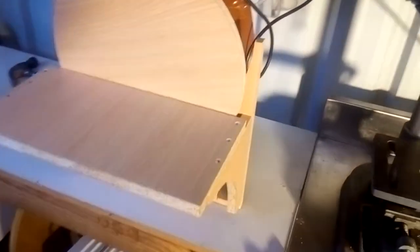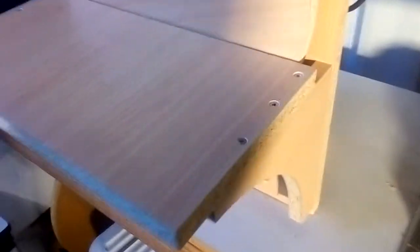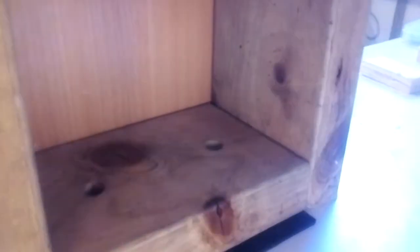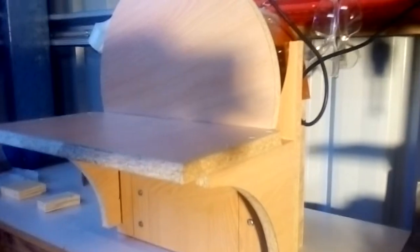I've actually mounted it to the workbench itself. If we look down here, you can see two little bolt holes, and then if we come around to the back, you can see it's mounted down to the workbench. So yeah, all around